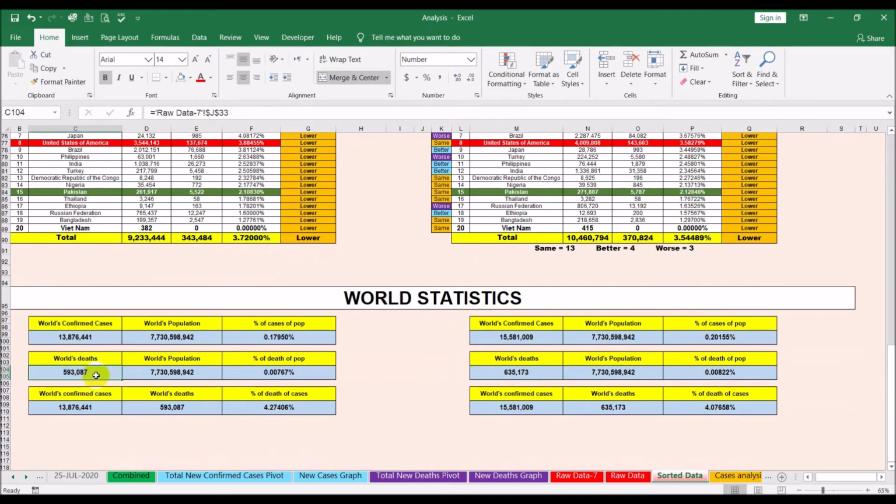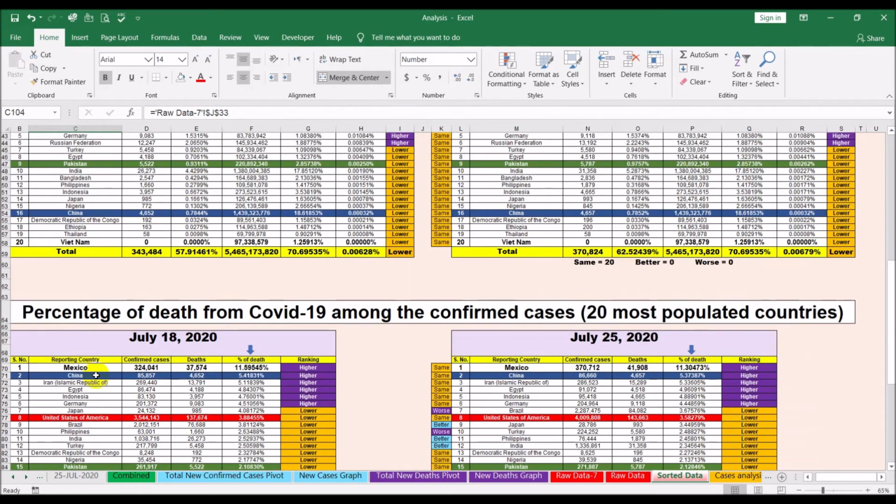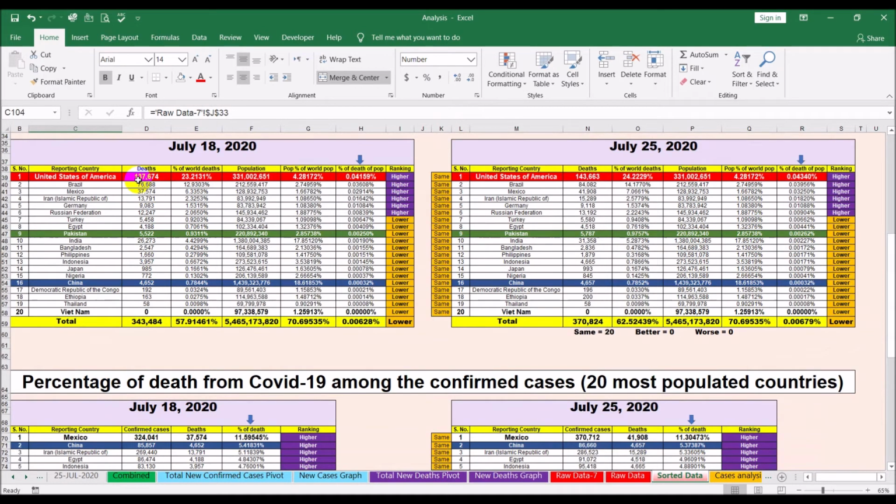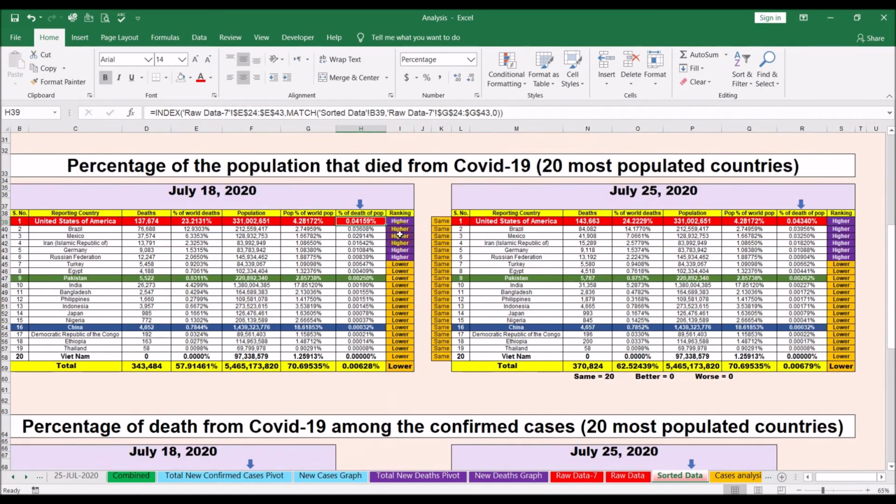So 593,000 total deaths in the world, out of which 137,000 were in the US. So that represents 23%. The population of United States is 331 million. The US represents 4.28% of the world population. And then percentage of death of the population, 0.04% of the people died from COVID last week in the US, and about the same, but it got even worse. Okay, this week. Now this ranking, like I had explained up here, is compared to the global average,